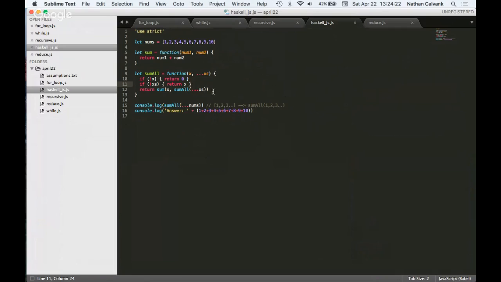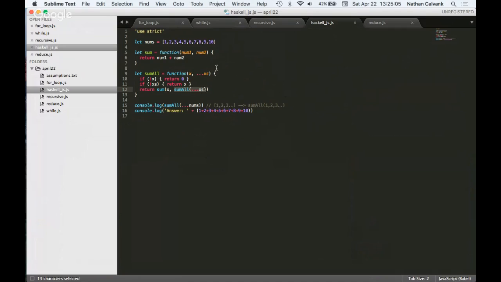Because down here, we can write this very, in my opinion, expressive, easy to understand code, assuming you understand the rest and spread operator, where we can pass in sum, the first value in the array, and then we can recursively call sum all with the rest of the values. And so again, just like the previous example, this runs the exact same way. We'll be passing in 1 plus the rest of the values. So this will be 2 through 10, and 2 through 10 will go up here. The x will now be 2, and xs will be 3 through 10. X will become 2 down here. 3 through 10 will be passed in here, and then x will become 3, and so on and so on